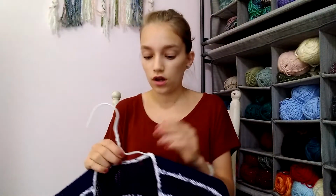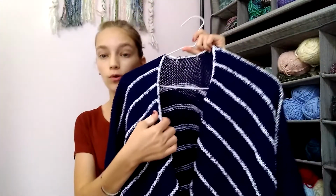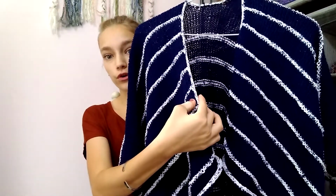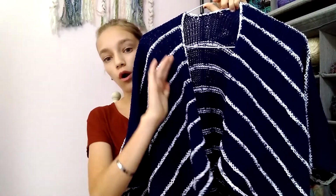So I guess a couple of techniques that I would like to share about this pattern. First off, the pattern calls for you to slip the last stitch of every single row. This helps maintain a clean and neat edge so that seaming and picking up stitches later is easier for you. However, one design feature that this kimono has because of that technique is the front. So you will notice that it has an applied I-cord border, and because you only pick up one stitch per slipped stitch, which is basically one stitch per 2 rows, you will result in this kind of waterfall